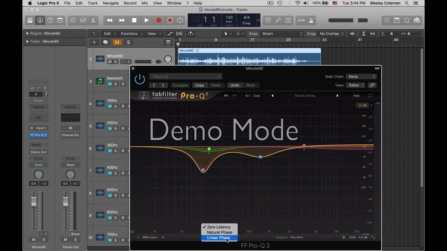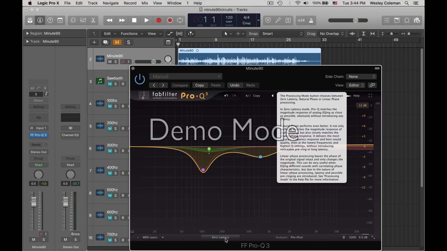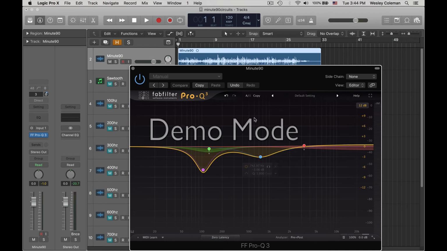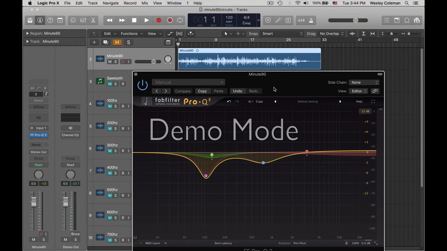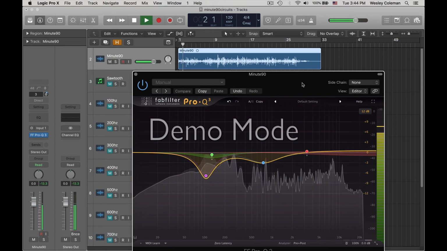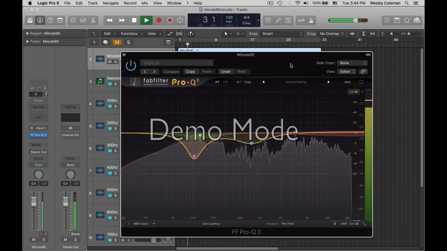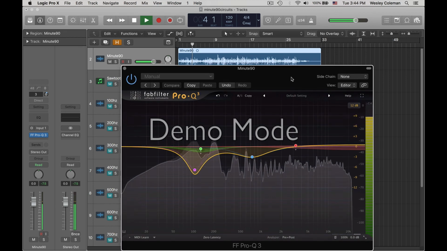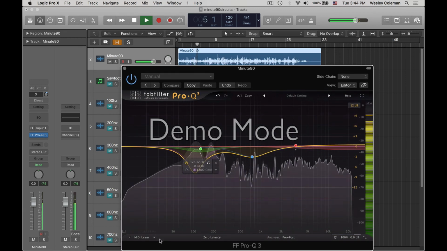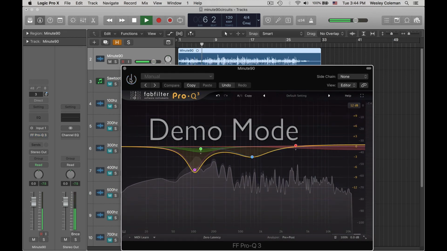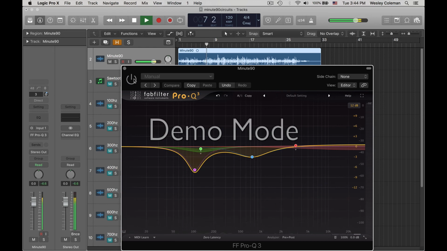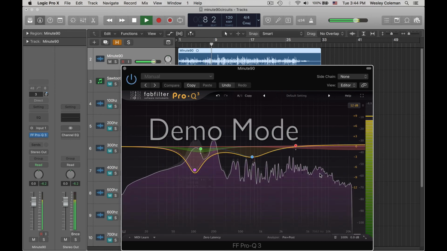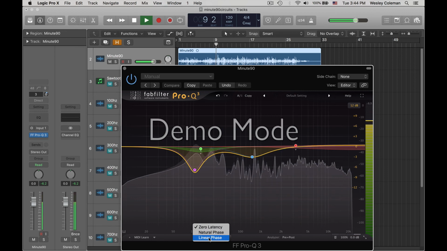So, different kinds of filters have their own reasoning behind them. Like I'm using a zero latency one, so this has the most impact on phase, but it's computationally the least expensive on my computer. So you can hear my actual mix here, just with the EQ. I'll bypass it here, so you can hear the difference. And now if I switch this to